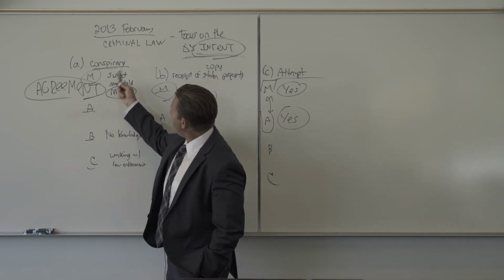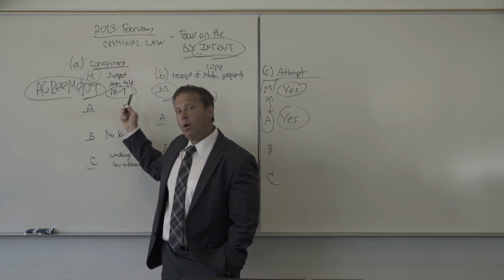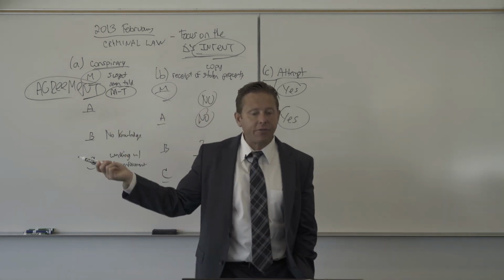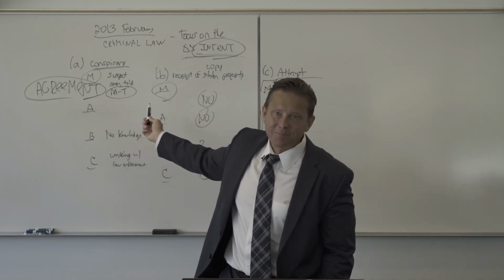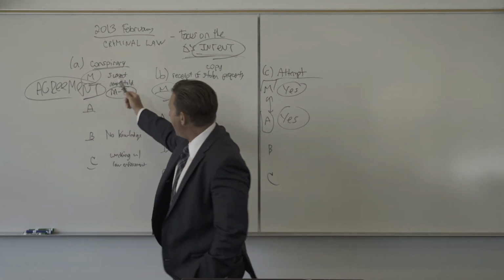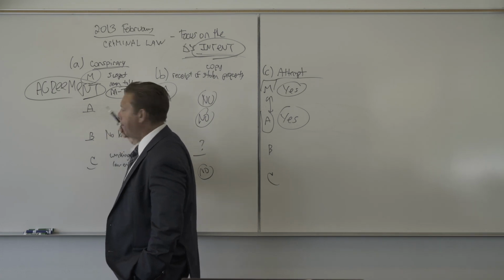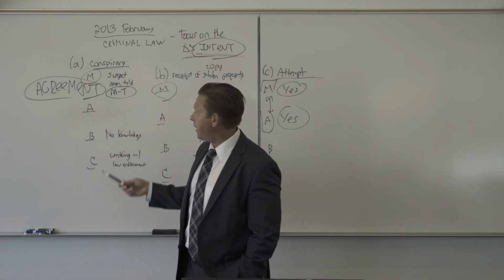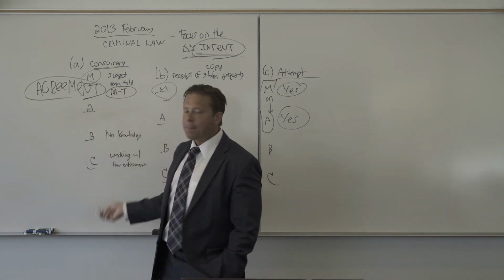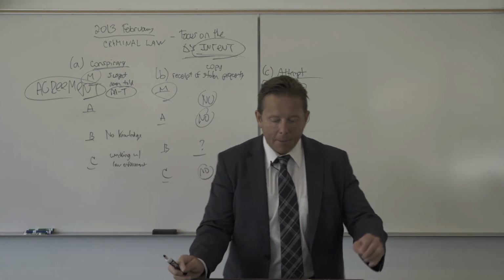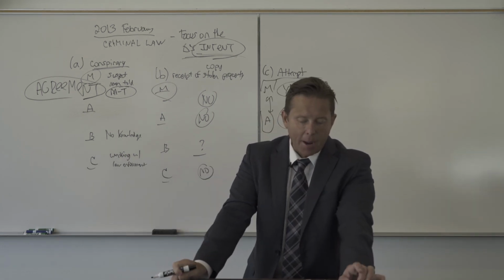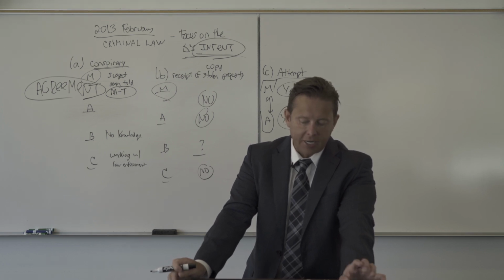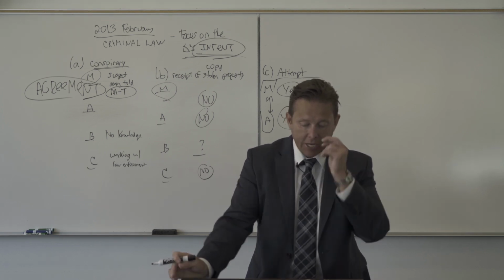So, no agreement between Max and his sons, but Max did agree with T because they're arranging for the stolen properties. A read the article, but again, no agreement between A and T or A and M or A and B and A and C. So A, no intent, no agreement, no anything. B had no knowledge of it. However, B had arranged for Ted to send Max a copy of the stolen painting and to retain the stolen painting for later sale.